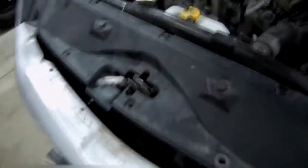Alright everybody, so before we think about dropping the subframe and lifting the engine, we do need to put something under to support it, to make sure that doesn't fall on us. Now that we're draining the oil, we're going to do